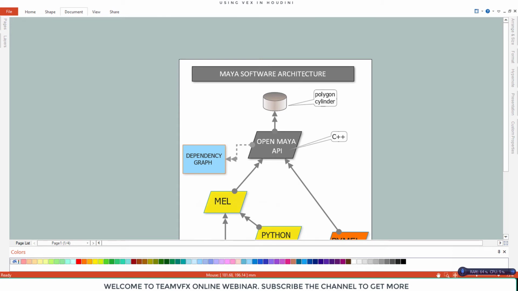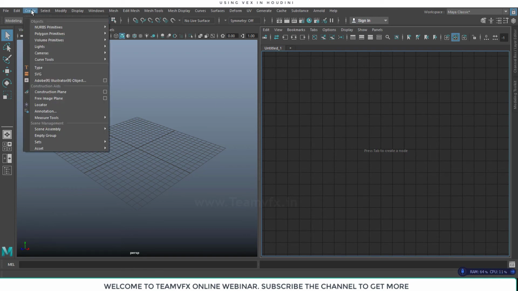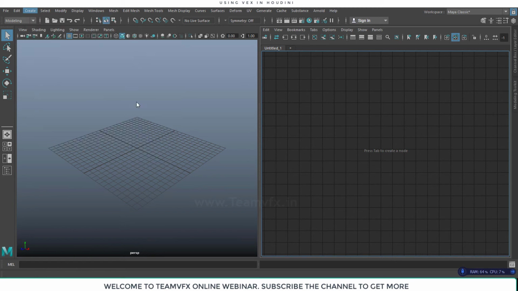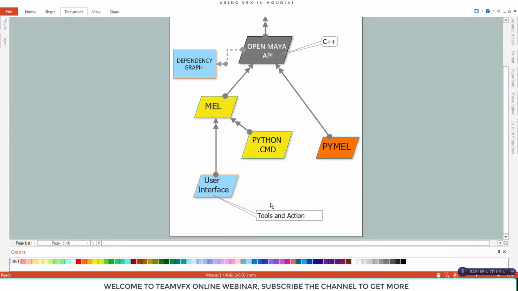Generally, whenever we create anything in Maya, like a polysphere or polycylinder, so we'll show you over here, like we created a polycylinder by clicking the menu, and what generally happens is Maya has two concepts of working.